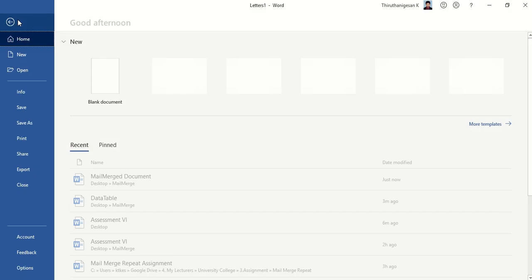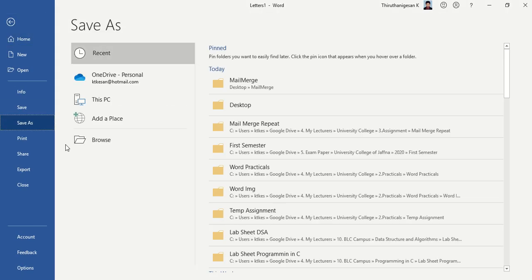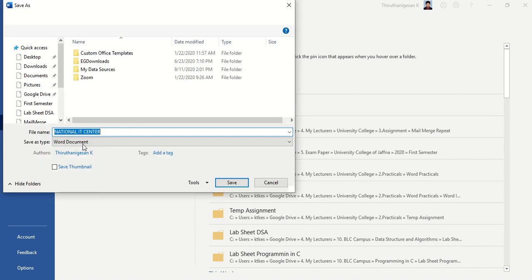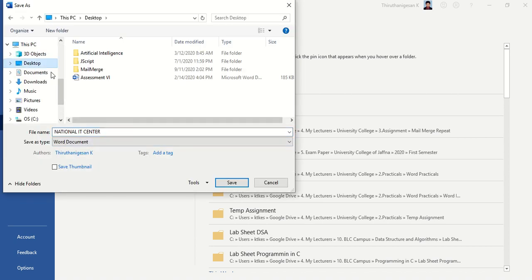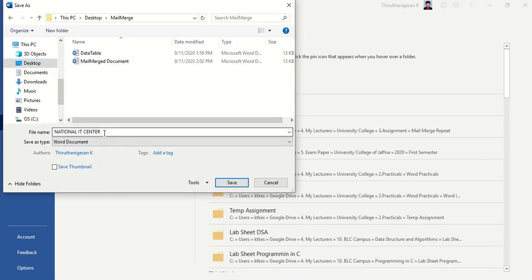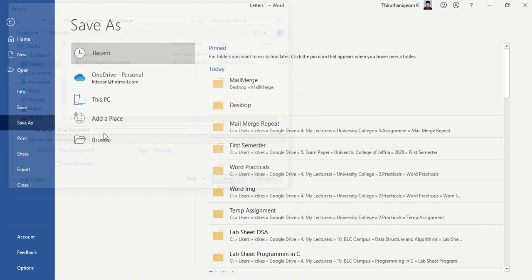Then you can save these 4 again: save as, browse, desktop, mail merge. I will give the name final document.